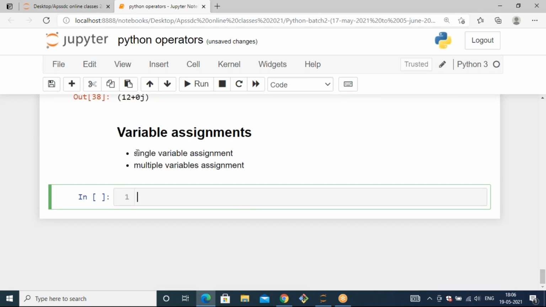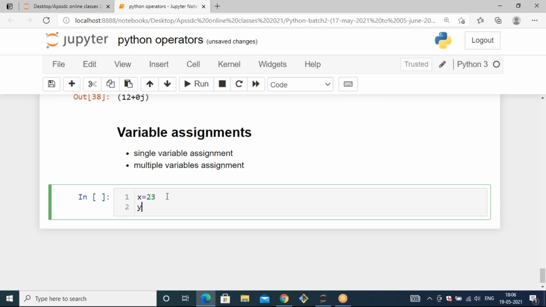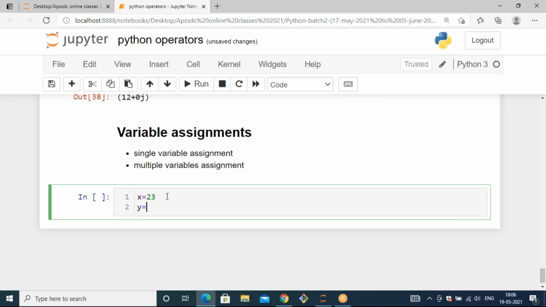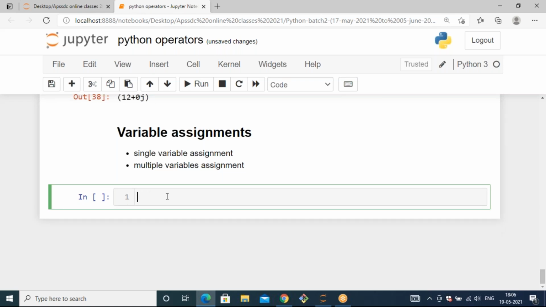We have already seen single variable assignment. For a single variable, you can assign single data like x equals 23 or y equals some random data. So let's see multiple variable assignment. If I take a, b, c, d, I need to assign values for these, like 12, 34, 34.